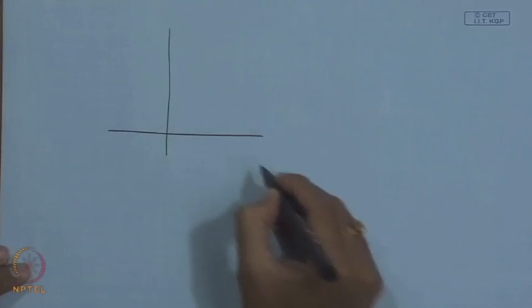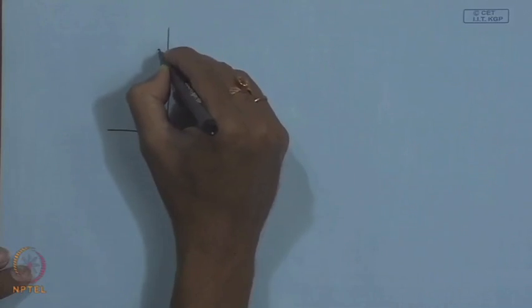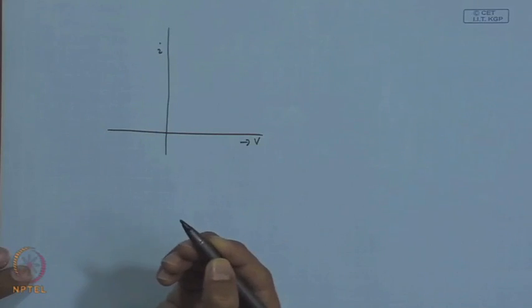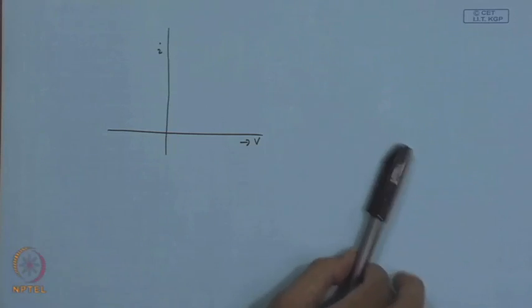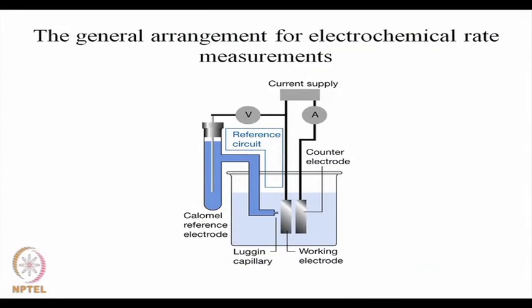Okay. So, maybe V, this is I, okay, current potential diagram you do. And from this current potential diagram you find out how this is changing, that is the functional dependence of your potential. Potential changes means various electrode reactions are occurring. So, therefore, maybe because of the electron transfer,